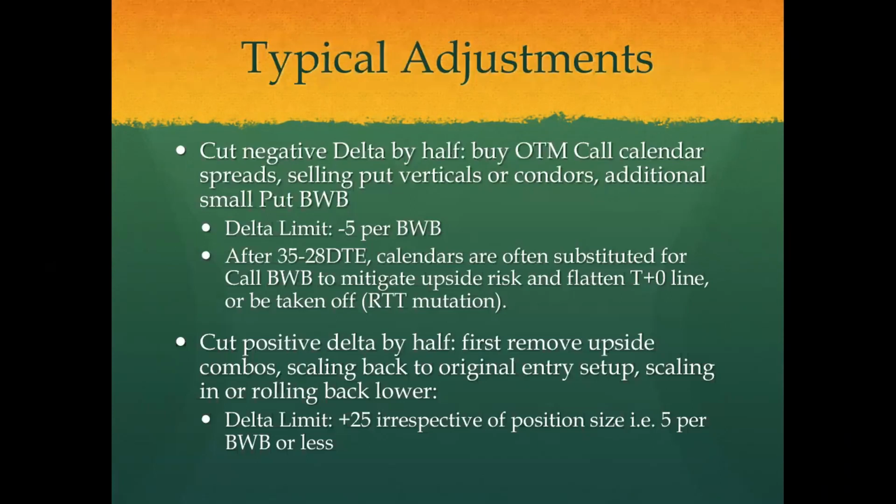So I hardly ever roll back, but it may happen. Delta limit, as I said, on the upside, was -5 per broken butterfly. I use a number per broken butterfly because in terms of sizes, it could be 5 + 5. But if, for example, and that's something that Brian tends to ignore,